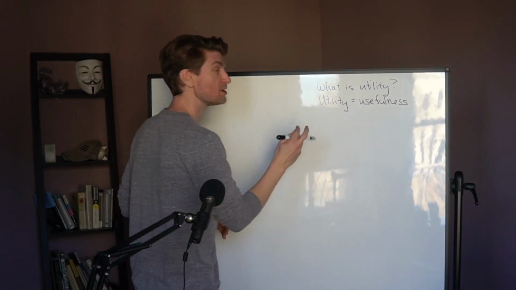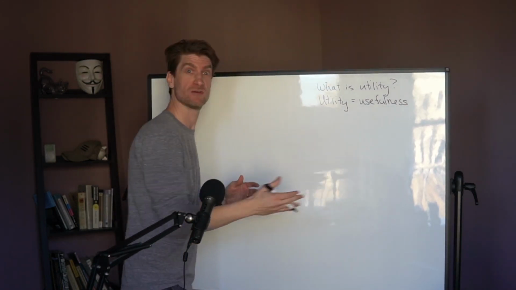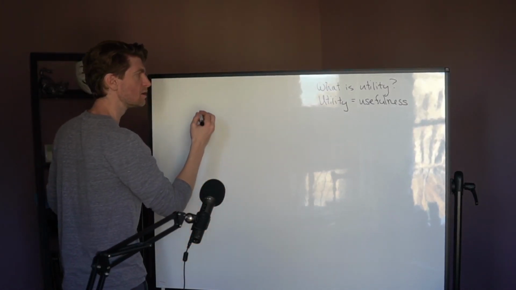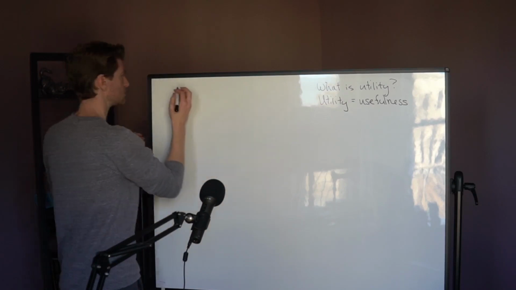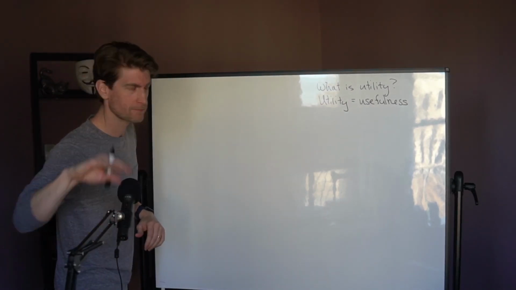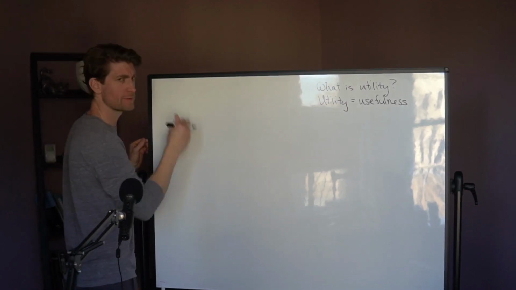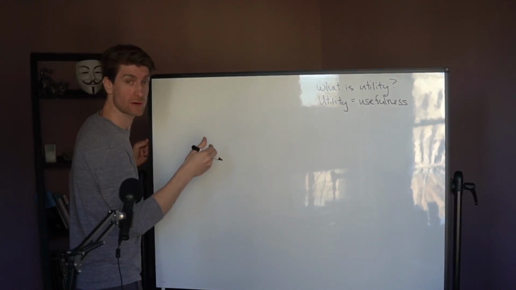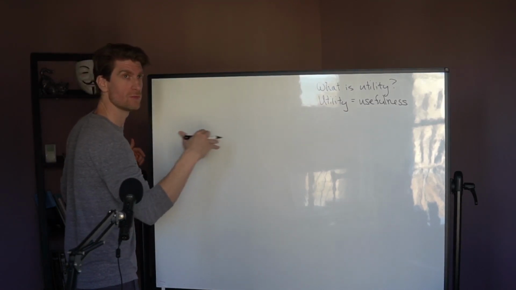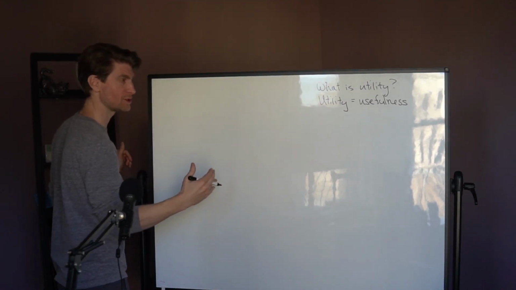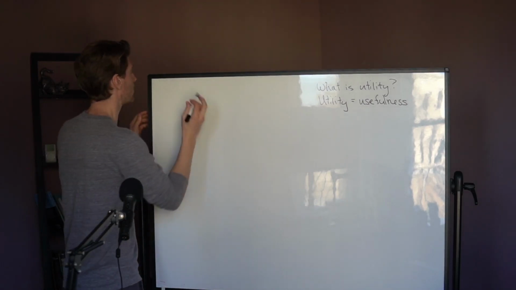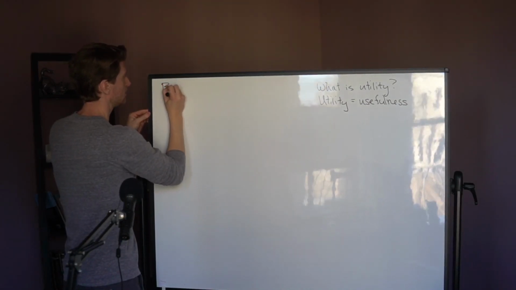So let's start with something kind of obvious, something everybody knows. Let's start with Bitcoin. Is Bitcoin a utility token? We're going to start with Bitcoin. We're going to start with Ethereum. And then we're going to use what we get from that exploration to generalize and come up with our ideal. So with Bitcoin,